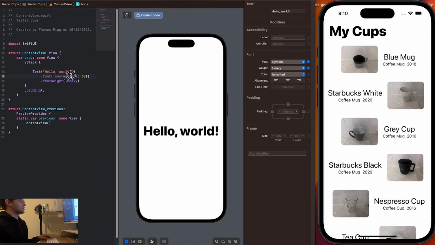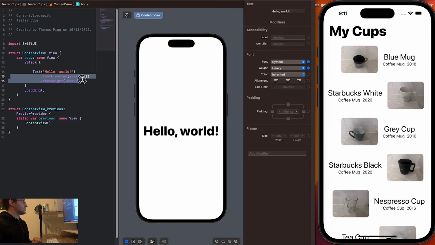The font system size is probably going to be a bit smaller, or maybe, what should we say? A title, a headline maybe? We'll give you that sort of font. And then the font weight, well, it's probably not really changed much, maybe just a standard. Maybe it hasn't really even been included in that. So experiment. Do you want to make it bolder? Do you want to make it smaller? How do you want it to look? So you decide. Play around with that and see what results you get. The one thing I will show you though